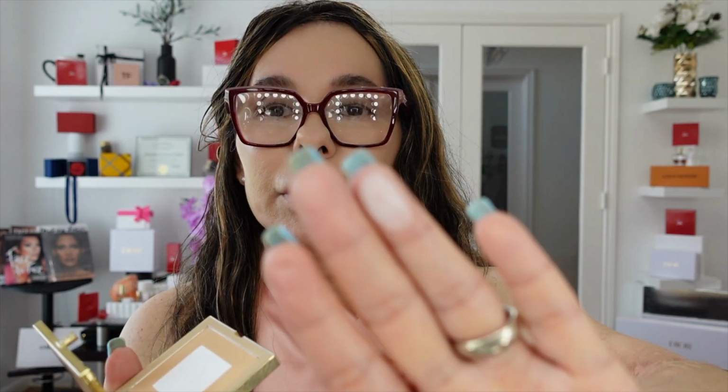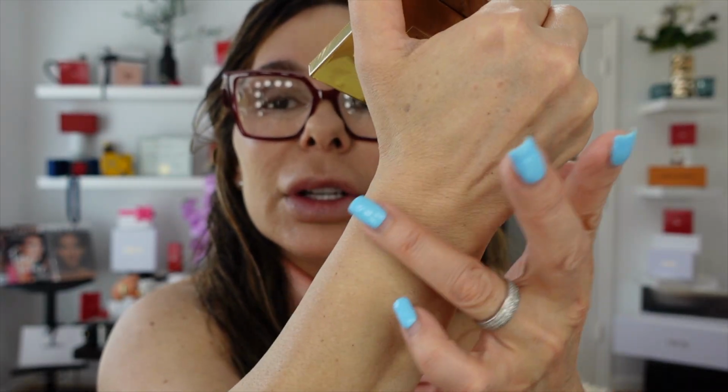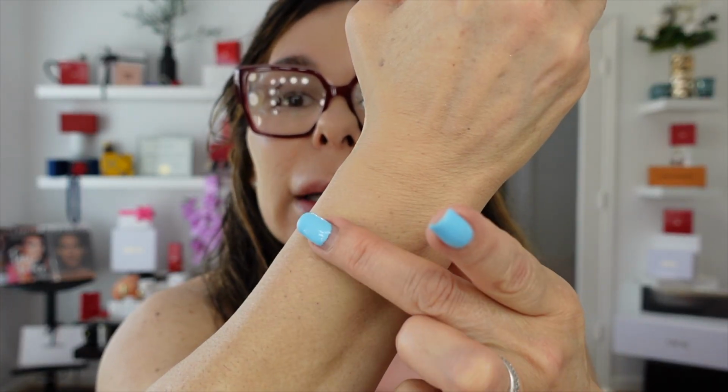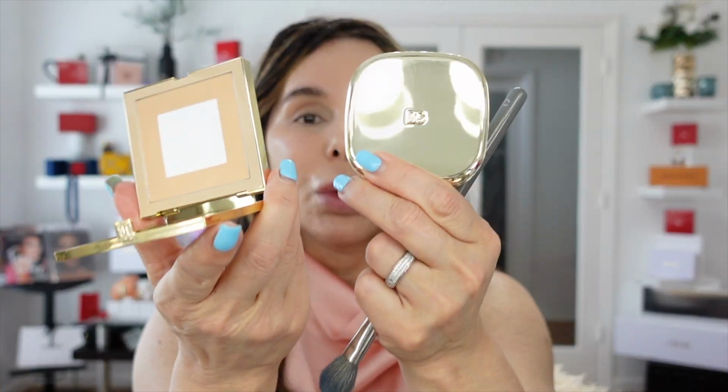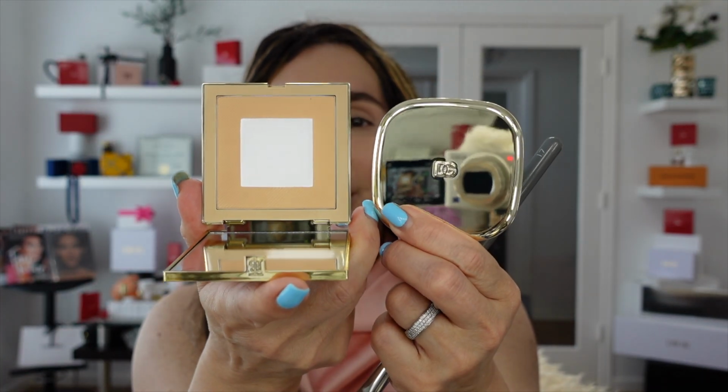Let me show you the shade on the center. Super invisible, has a little more color, okay? What I would love to do is to go in between both shades and see what is the difference. And I'm going to apply Dolce & Gabbana on this other side of my face so you can compare, my friends, because we're speaking about two products that are shine control, blurring effect, but they both claim to be setting